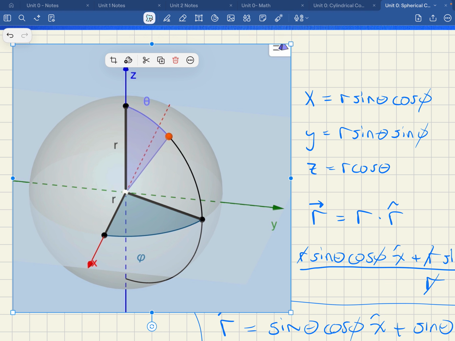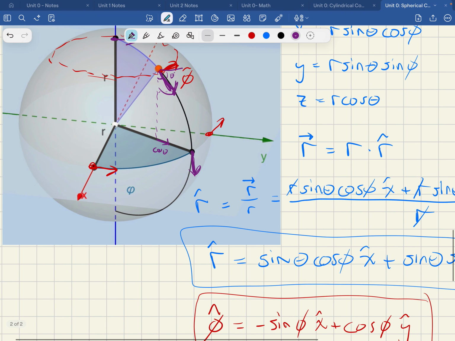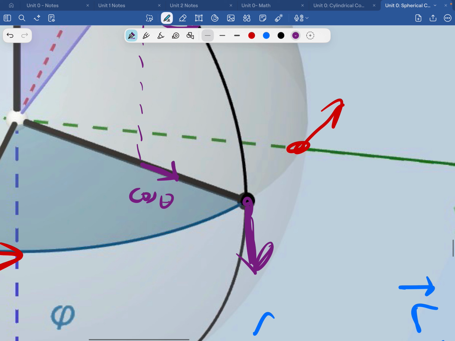Okay, good. So this little line has a length of cosine theta,